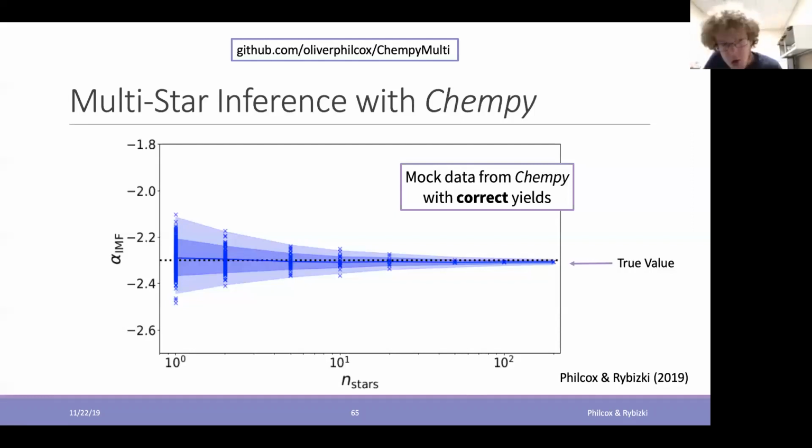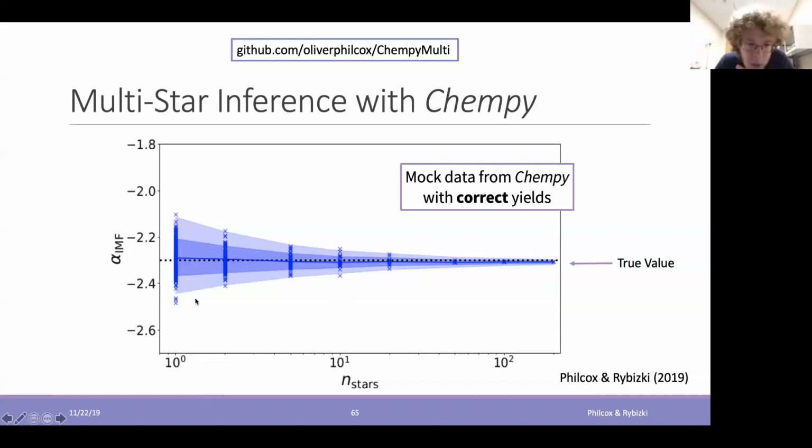Now, I'd also like to draw your attention to the crosses here. Every single one of these crosses is the inference run with an independent set of stars. So here, down at n stars of 1, what we're saying is that we have 100 individual data sets, each comprising 1 star. So we're actually going to analyze all of them separately. And each one of these is a specific parameter that we've obtained from doing that analysis. Down to 10 stars here, we have 10 independent sets of 10 stars, for example.